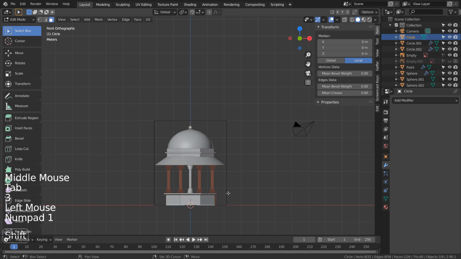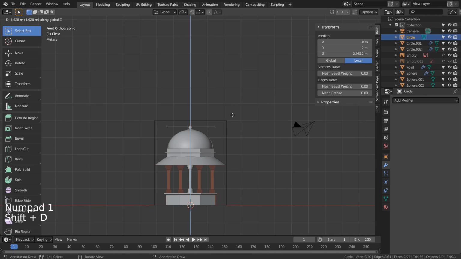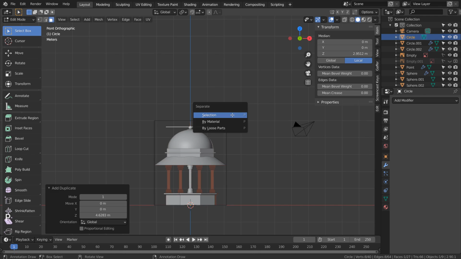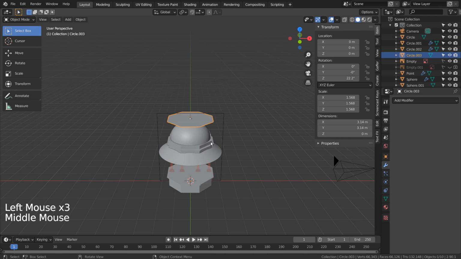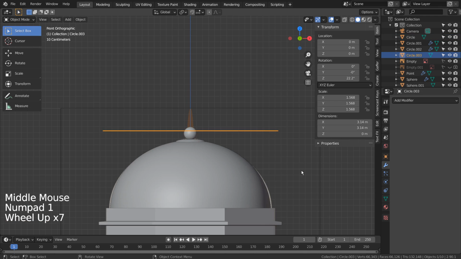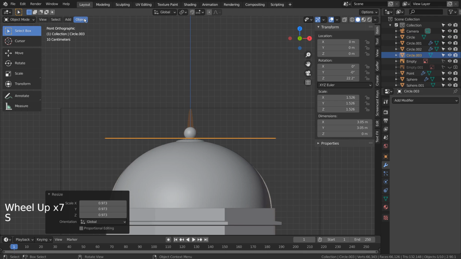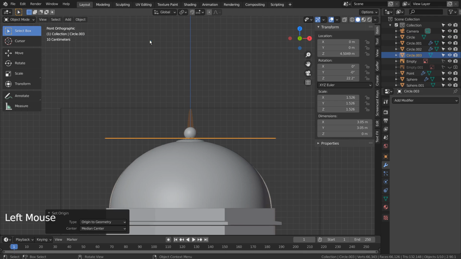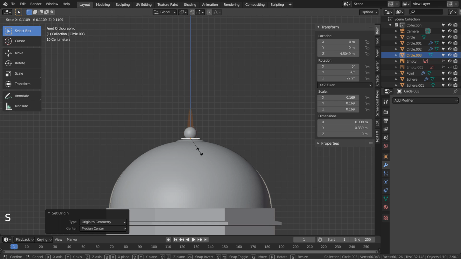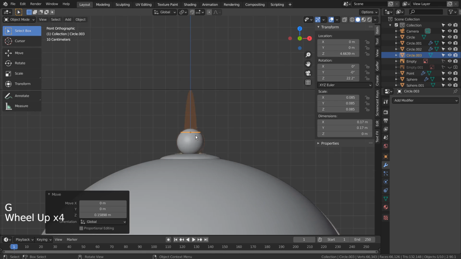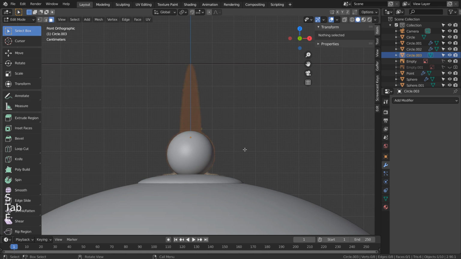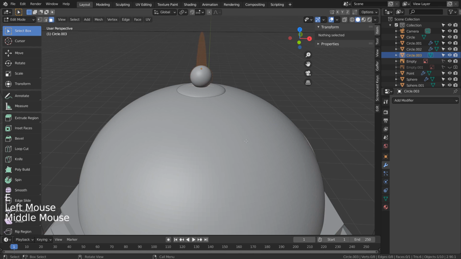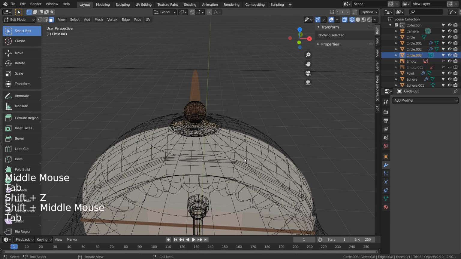The spike mesh can be created by duplicating the bottom face, and P to separate by selection. We can type E to extrude.